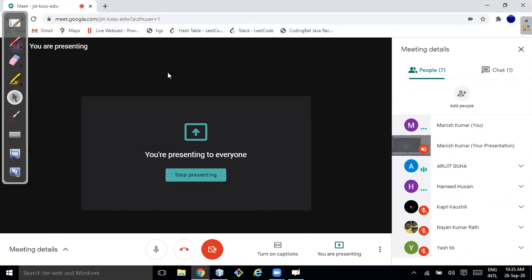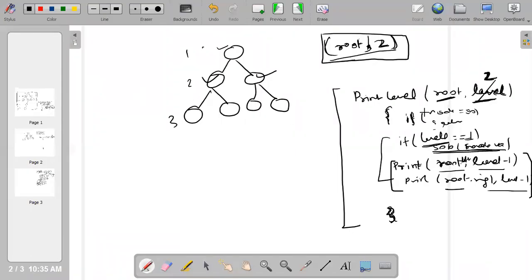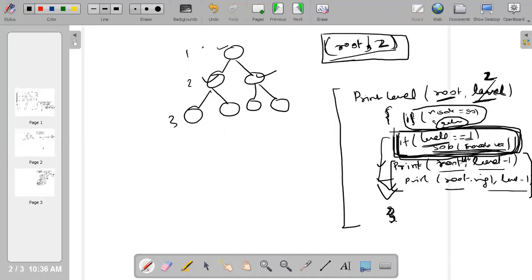Yes, Manish, regarding the base condition, I think the base condition should be level - 1 equal to 0. No, not level equal to 0. This is not the base condition, this is induction. My base condition is always, most of the time you will see, if node is equal to null, then just return. This is my base condition. This is the induction step. It's not always necessary that I write the induction step after the recursive call; I can write the induction step before the recursive call also. That's the reason I have written it before the recursive call. So this is the way we can solve. Okay, I'll code it also so that you can understand.